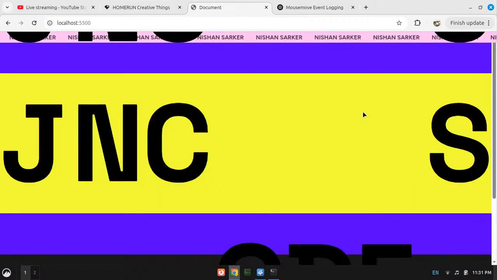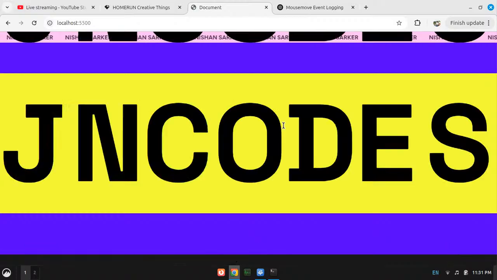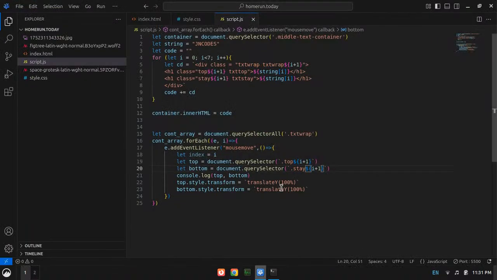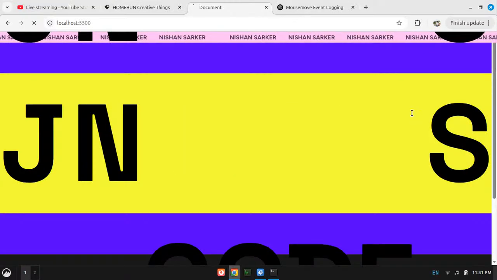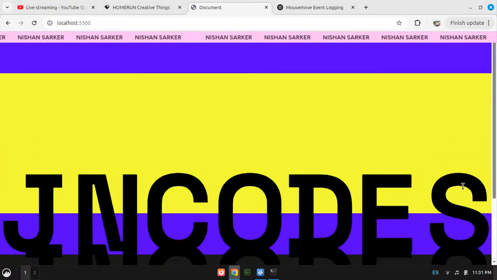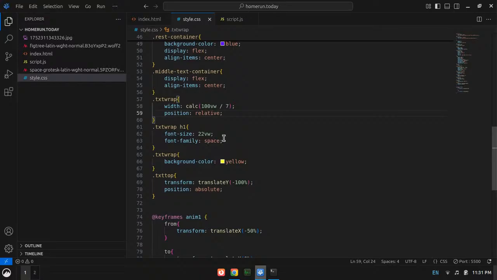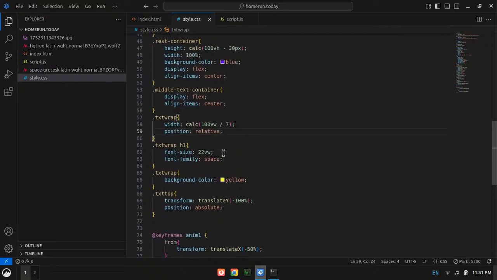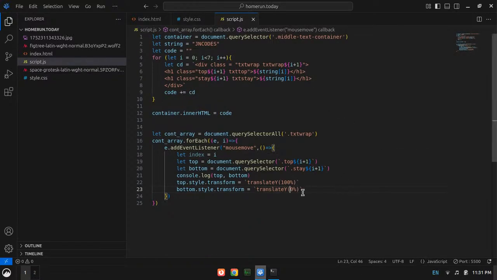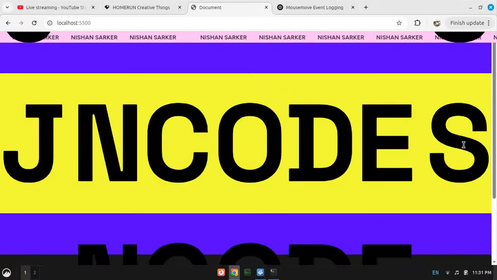What did just happen? Okay, I cannot move it 100%. I need to move it 50%, I guess. Even 50% doesn't work. Okay, just let me think. How much do I need to move that? The top, right? The txt top is at transform translate. I need it 0%. Okay. Yeah, now it works, right?